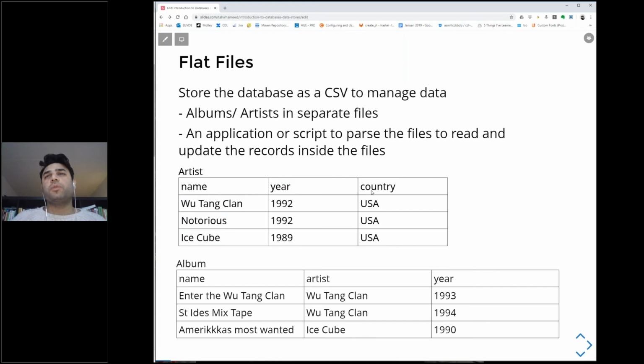It can be something comma separated. Right now I'm showing this in tables, but you can always open up your notepad and put this in the notepad and separate all these fields by a comma, and that's a valid file. And the same thing you can do for albums. So here, for example, I took artist and album. Artist here is the name of the artist, and year is the year in which the artist went solo, and country is the country of the artist, and